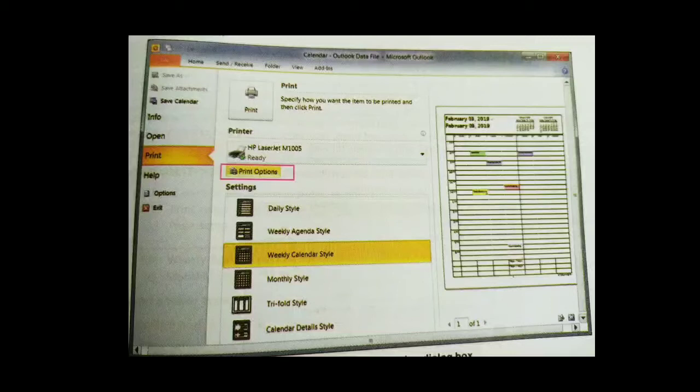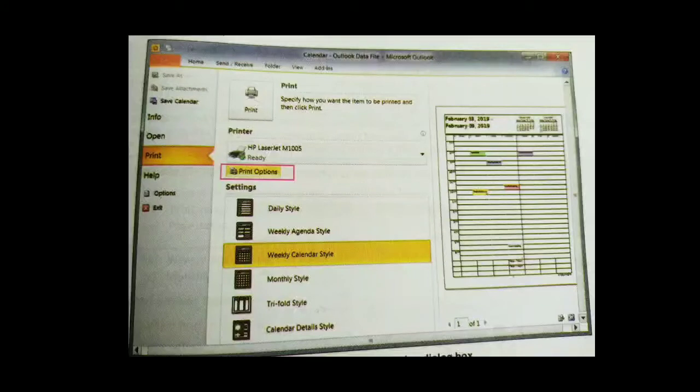Second one is weekly style. This style prints the selected date range with one calendar week per page without task and notes area. Weekly agenda style. With this style the calendar will print the full title of appointments and meetings. It is like an agenda. Monthly style. With this style a page for each month that is selected in the date range is printed.